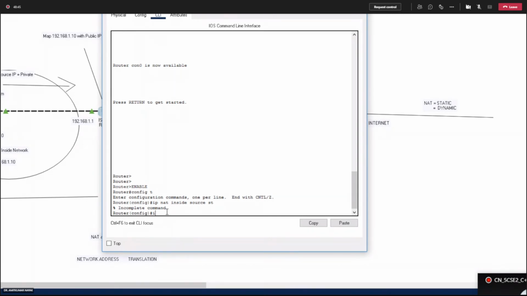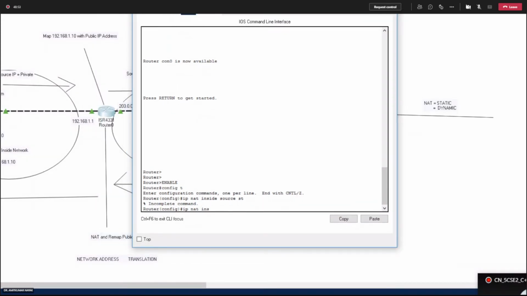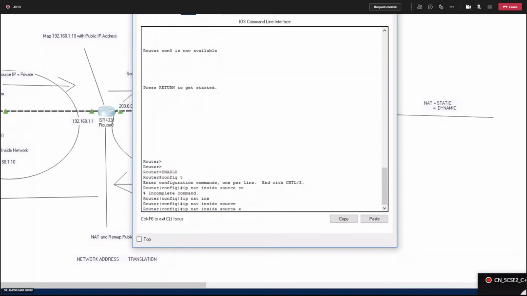In the global configuration mode, please see the command which I am typing, ip nat. We are doing the network address translation. ip nat inside source static. Right now we are doing the static network address translation. The router has to convert, it has to map the private IP address into a public IP address. So the router has to map a particular private IP address,